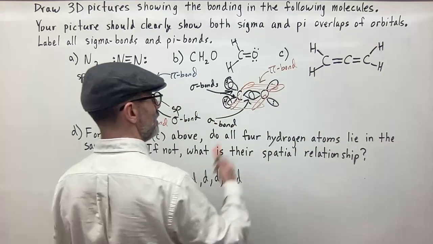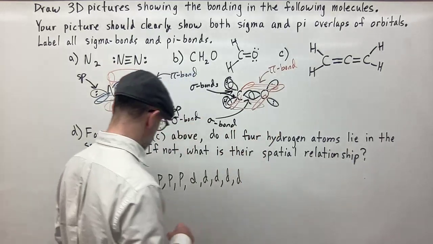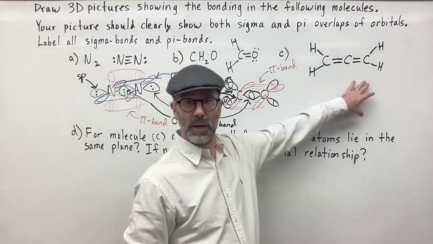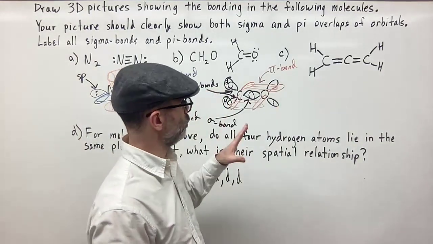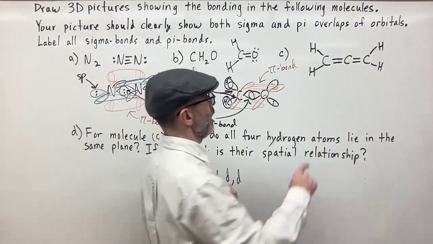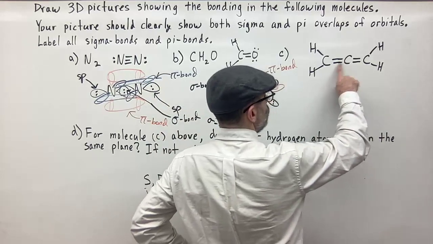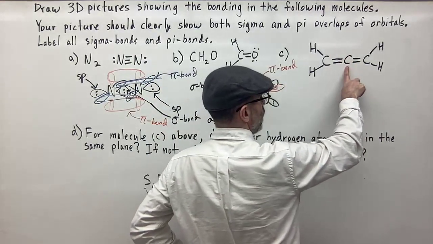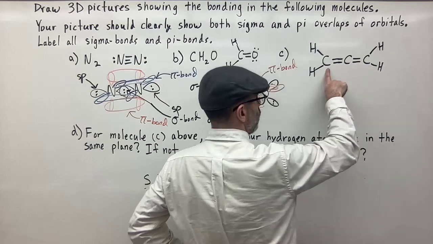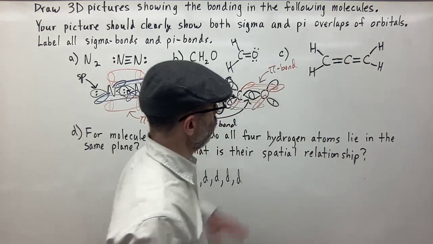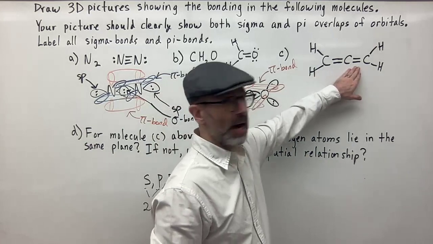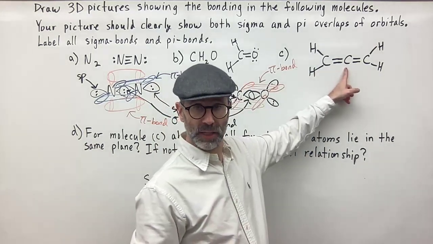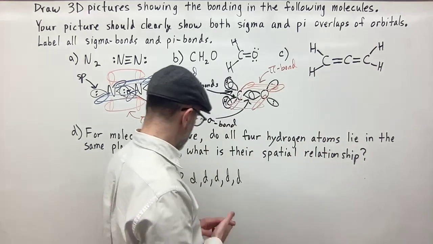Next is C. So this one here, again, is going to stress my artistic abilities, but I'll do the best I can. Now here I have two double bonds. So this carbon here is double bonded to this carbon and this carbon. And so I have a pi bond here and a pi bond here. This carbon is involved in both bonding. So if I look at